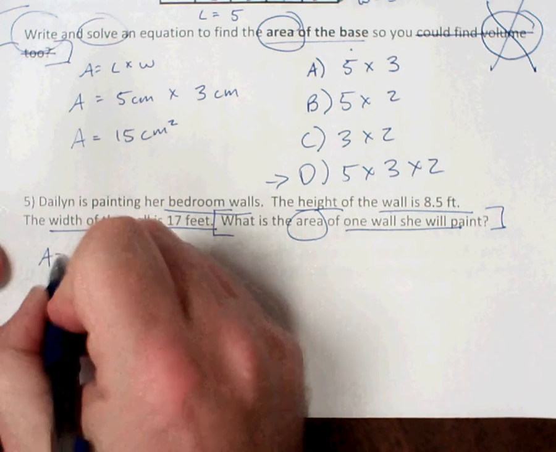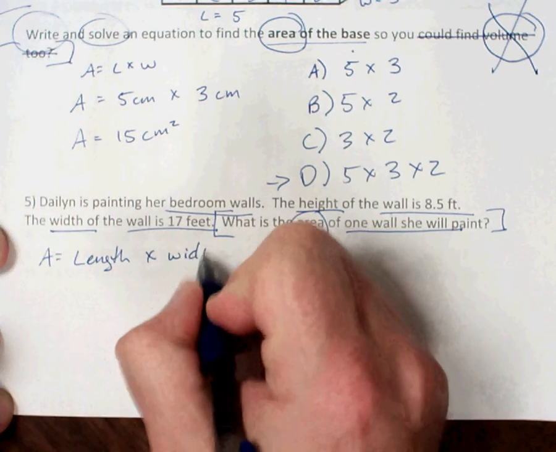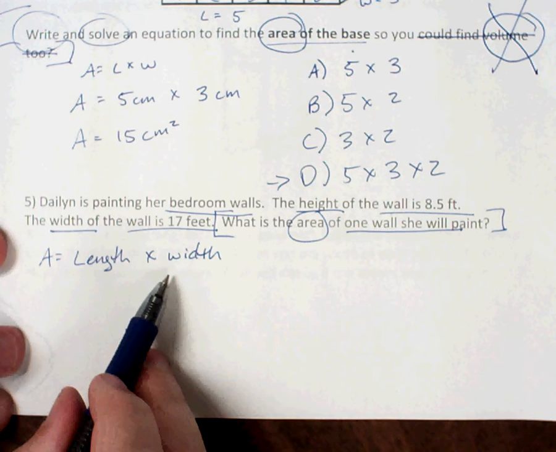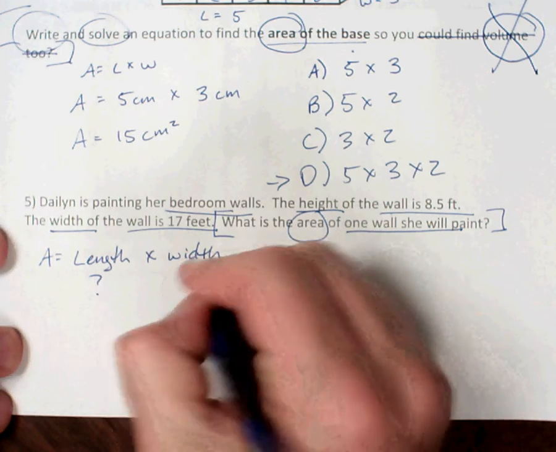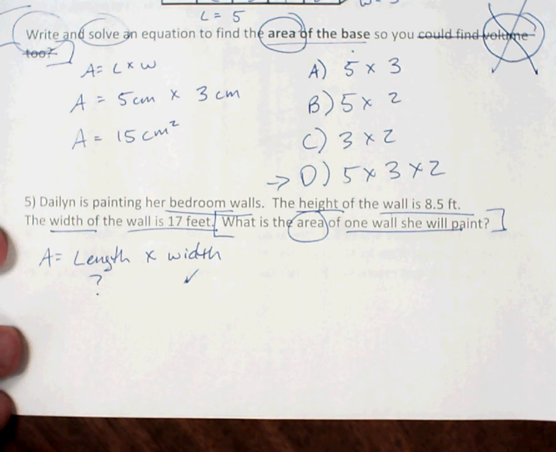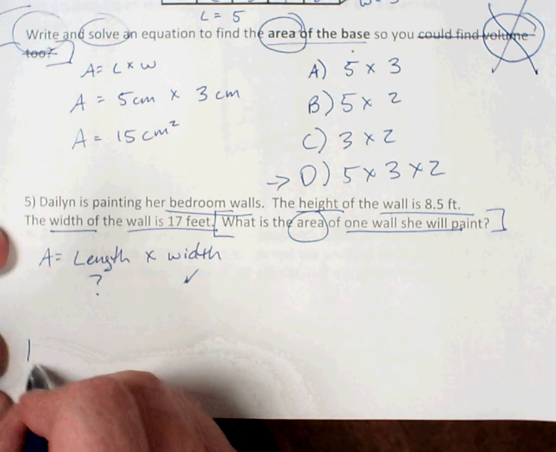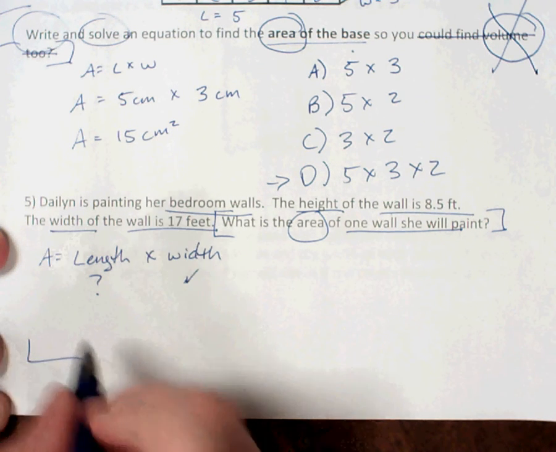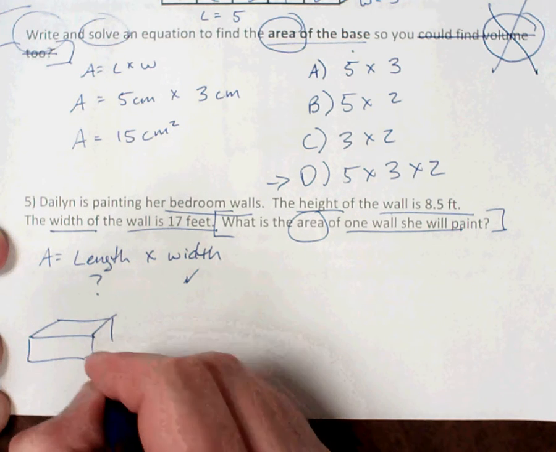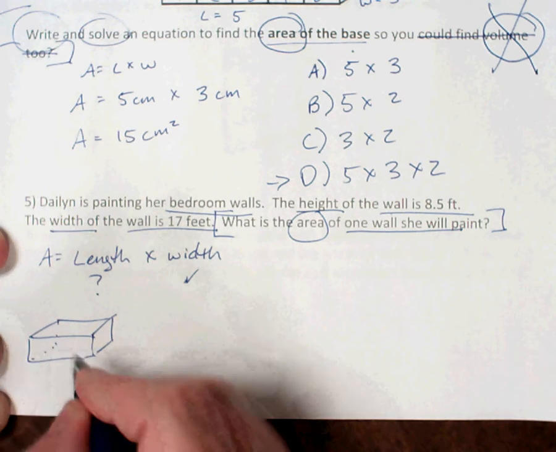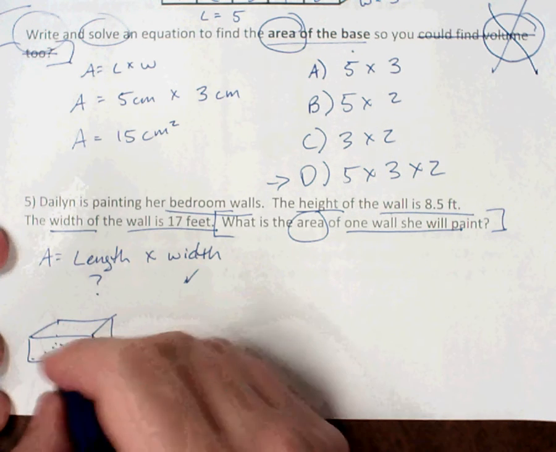Area, our formula for area is length times width. Well, in this problem, we don't have length. We're just given width and we're given height. But here's what you need to keep in mind. If we're talking about a room, and I'm going to draw the room as a rectangular prism, because most rooms are set up that way, not all, but most, then the floor,